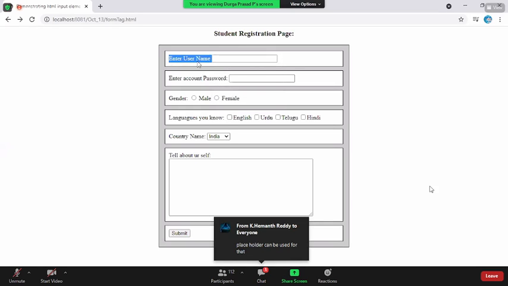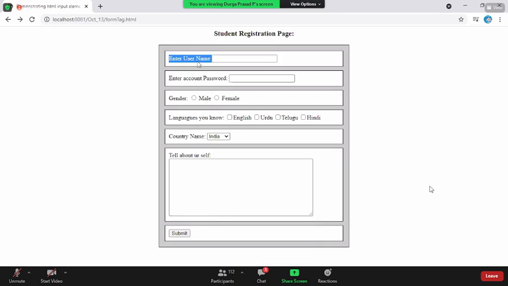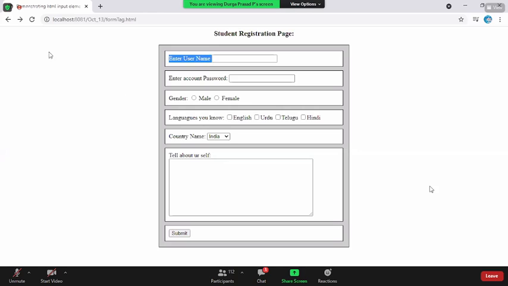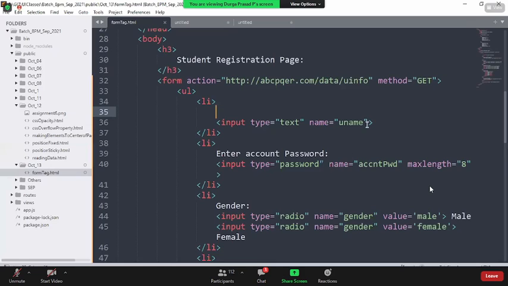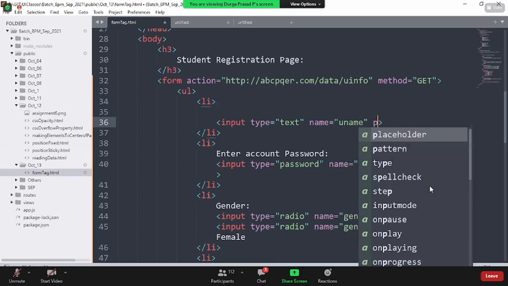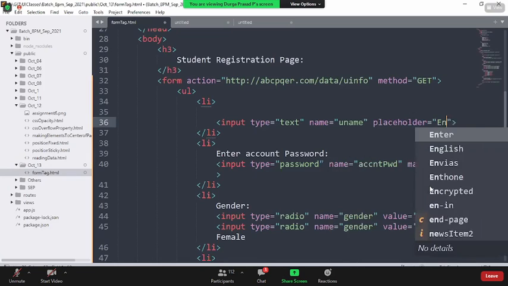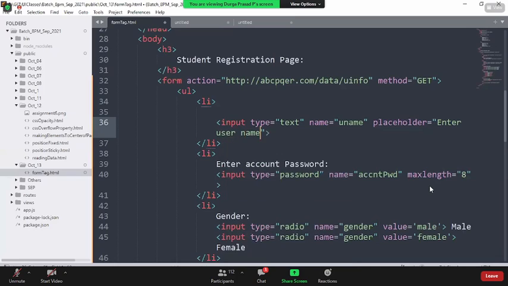So boss, it is a bigger screen, it is fine. But when you go to the smaller screens, it won't be so easy. I mean, we won't be having much space here to show the label as an extra in the text box. So that is where it is actually from HTML5. What it says is, don't add a separate label name. See, this is how the text box is, and show the content or the label within the text box itself. For that, you have an attribute called placeholder. So here I say enter user name.